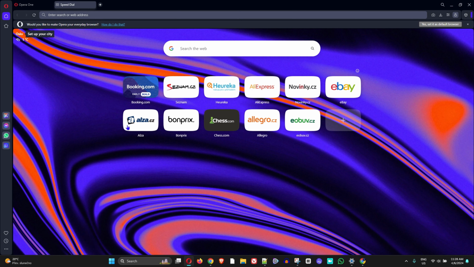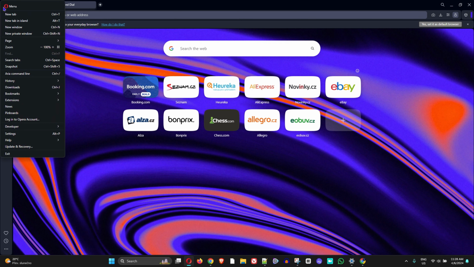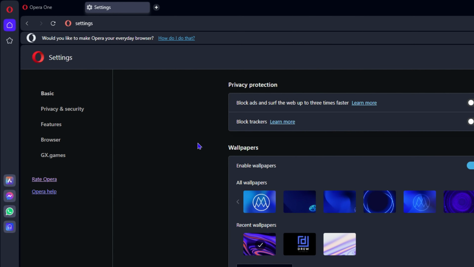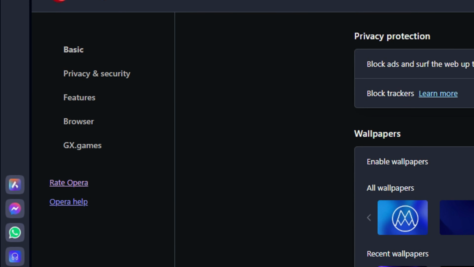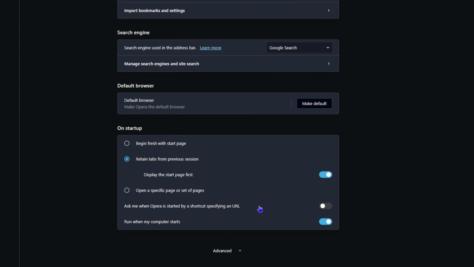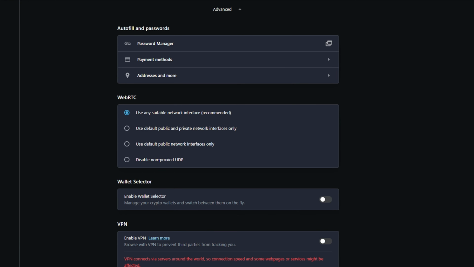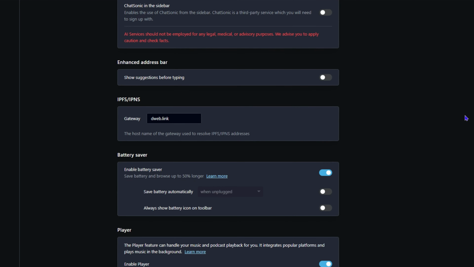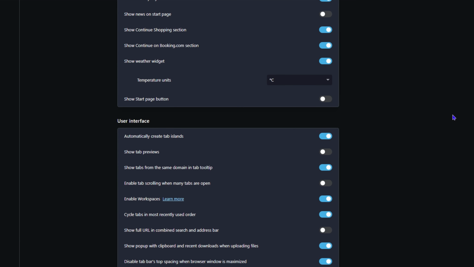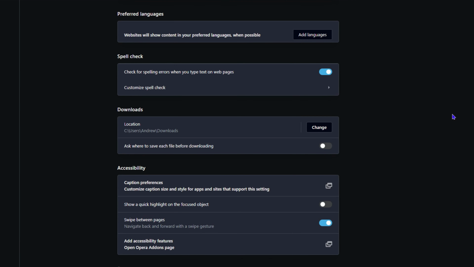Right, so I'm going to open up my Opera browser here, and on the upper left hand side click on the Opera logo, then click on settings. Now from here under the basic settings guys, you want to scroll all the way down to advanced, then expand that again, and then you want to scroll all the way down guys, all the way down until you'll find